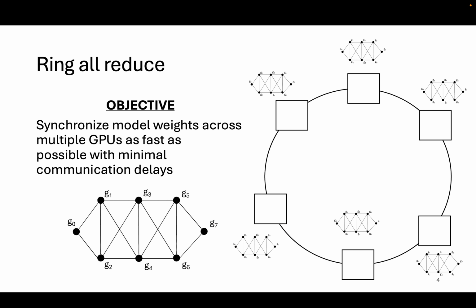The way it works is you have a set of devices that are trying to train a model together. They are all training the same model, and the objective they have together is to synchronize the model weights across different QPUs. So these are the gradients that you see in the different nodes of what represents the model.